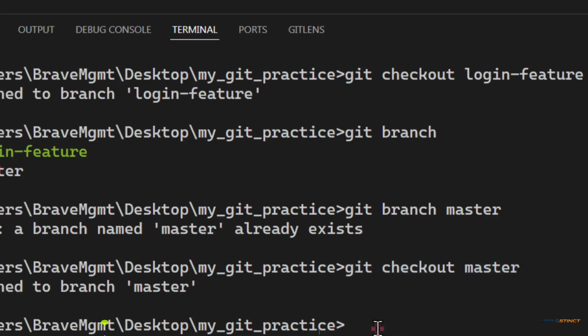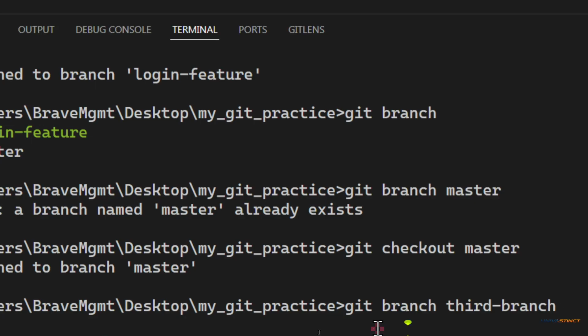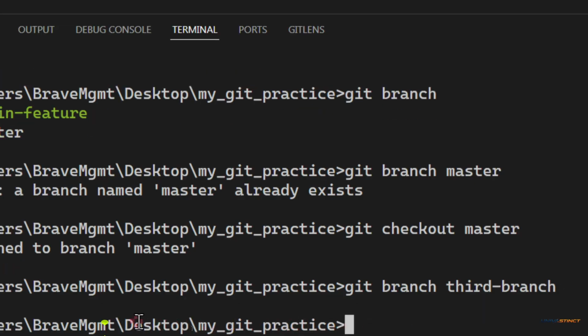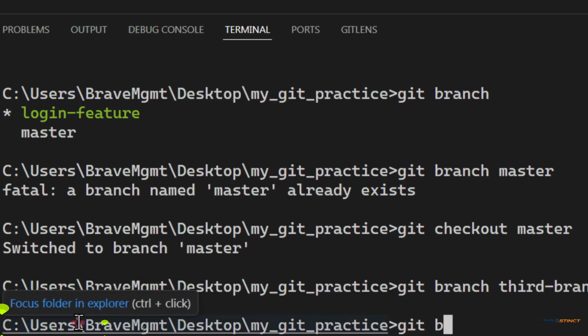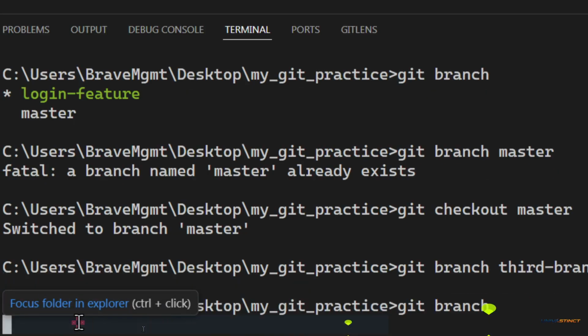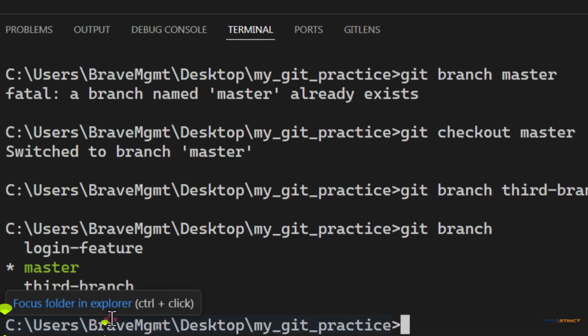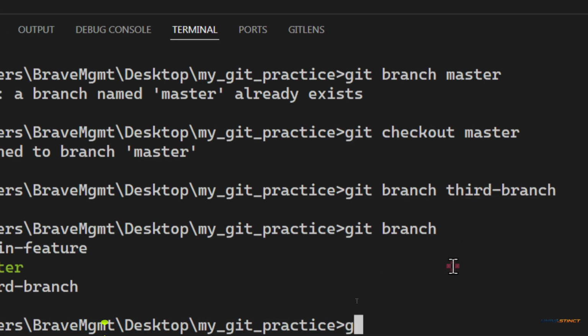So let's create a new branch again. If you type git branch, let's just say third branch, enter. This will create us a third branch, but it doesn't mean you are inside the third branch now, because if I type git branch, you are still inside the master branch, because that was what we switched to earlier. So if you want to switch to this third branch, you have to type git checkout,